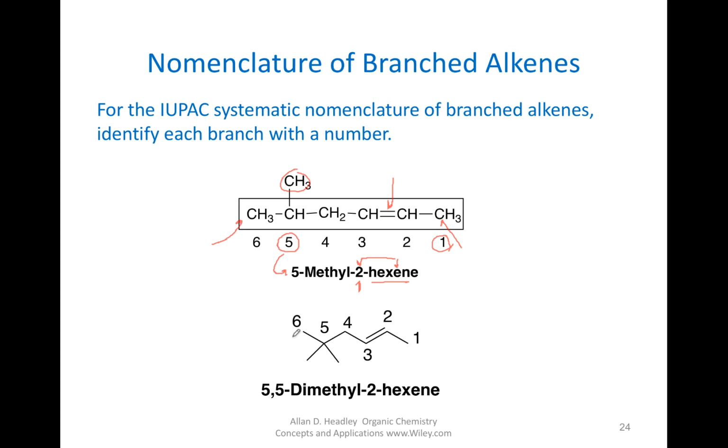Again, we do not start here, even though we have a branch here. We start at this end because here is our double bond. So again, 2 represents that ene, and 5,5, notice we have to put 2 numbers because it's a dimethyl. So if you have di, we expect 2 numbers prior to that di to indicate 2